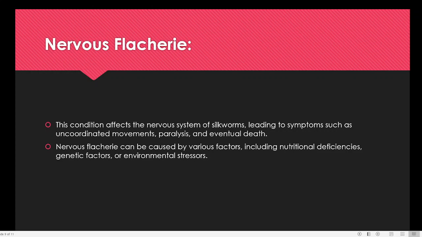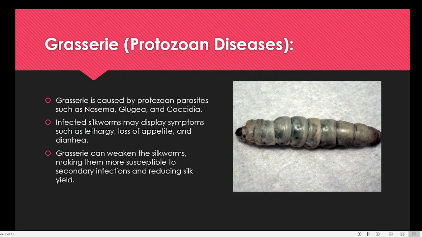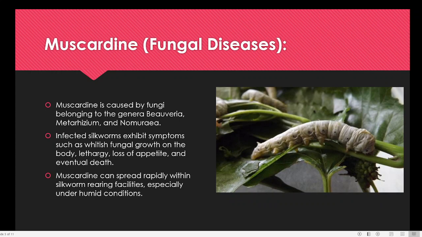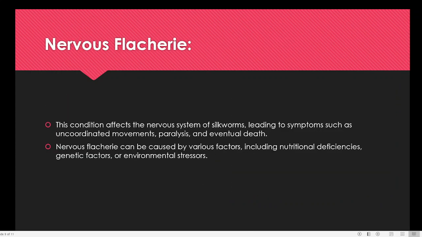Then another disease is known as a flacherie. Earlier we have studied one flacherie disease, where it is characterized by liquefaction of the silkworm tissue, and similar to that is known as a nervous flacherie. And here the condition affects the nervous system of the silkworm, leading to symptoms such as uncoordinated movements, paralysis, and eventual death. So here in the case of other bacterial flacherie, the solid tissues become a liquid, but here